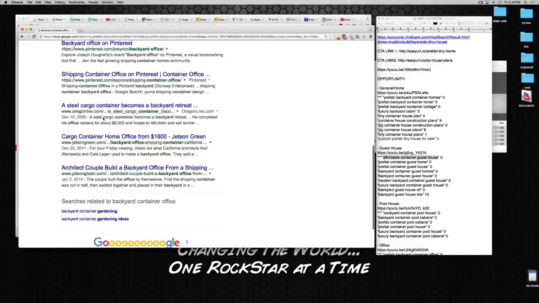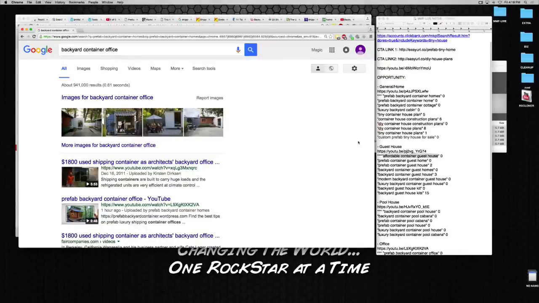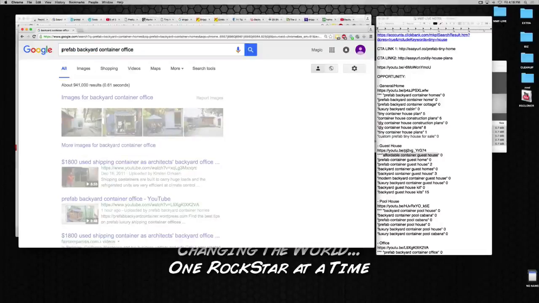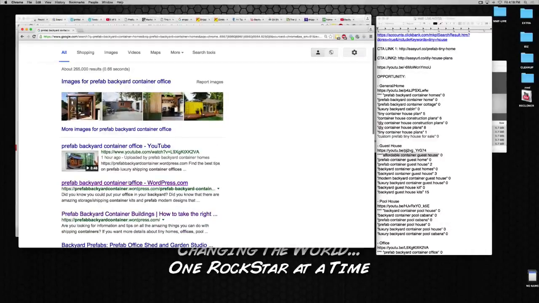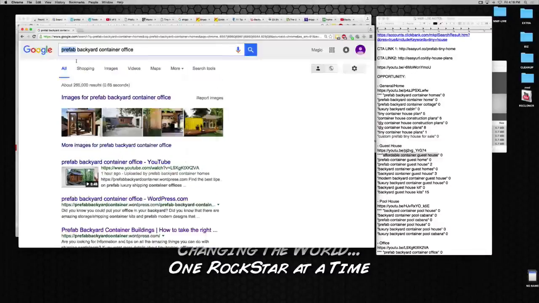Let's see, backyard... could do affordable, yep, or let's do prefab. Let's try prefab first. Prefab backyard container office. Number 1, number 2, number 3. Yeah. So I can already tell this site is going to be on the first page of Google